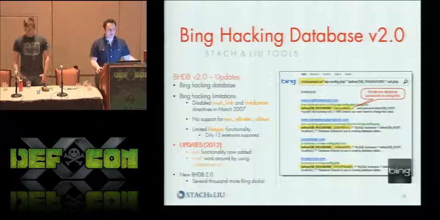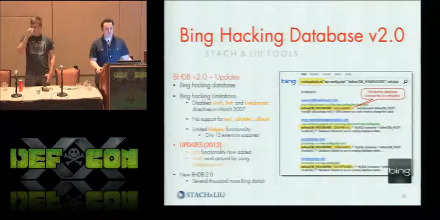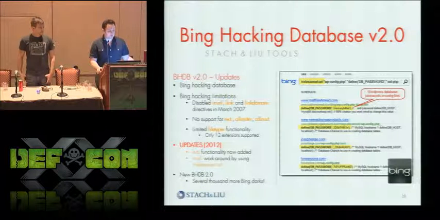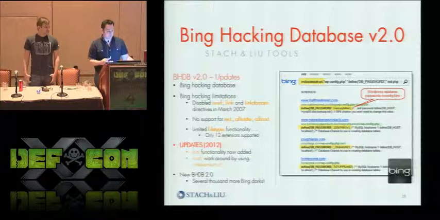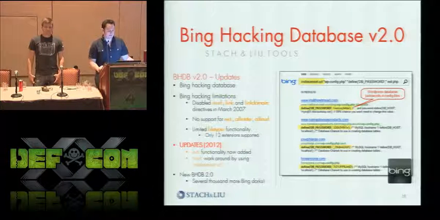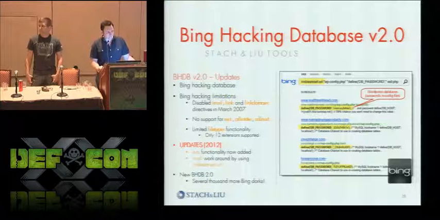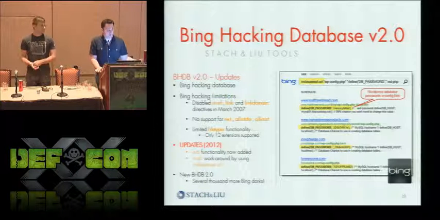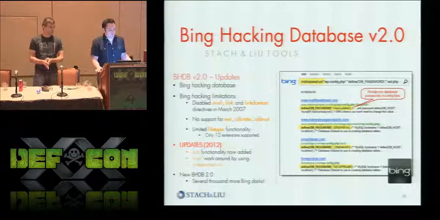We found some workarounds for that, and we were able to release 1,000 or so queries for the first Bing hacking database. But now we're proud to say in the latest version, due to two major updates, we are for the first time able to make Bing hacking just as effective a tool as Google hacking. And that's because, one, Bing decided to enable the ext: operator to allow you to search by file extension within the last year. So that was one. And two, and this was the big one,